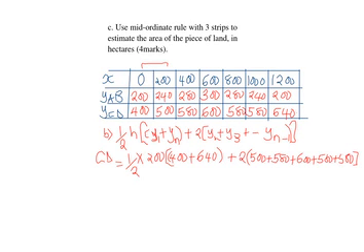So we have 2 multiplied by 500 plus 580 plus 600 plus 580 plus 580